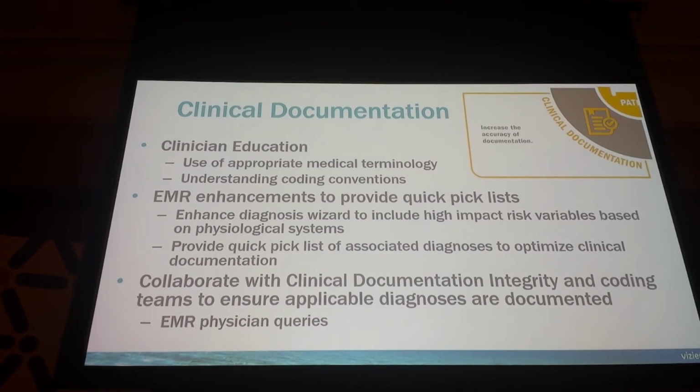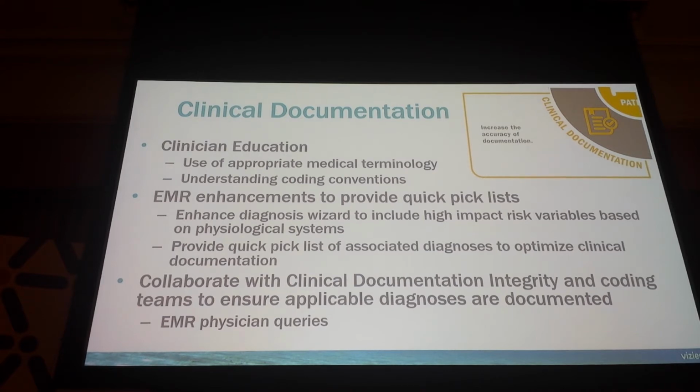The clinical documentation domain, and everybody here has talked about it all day long. How do we have accurate clinical documentation using the right medical terminology, which is codable, reflecting the true severity of illness? That's the goal here. And in order for us to supplement and facilitate that, we implemented specific enhancements in our EMR system, adding quick pick lists for our physicians. These quick pick lists are based on the high impact variables in the Bayesian risk models. They're available for the physicians within the EMR clinical documentation interface. They can click add, and it's tied to an ICD-10 code in the back, and it's part of the clinical